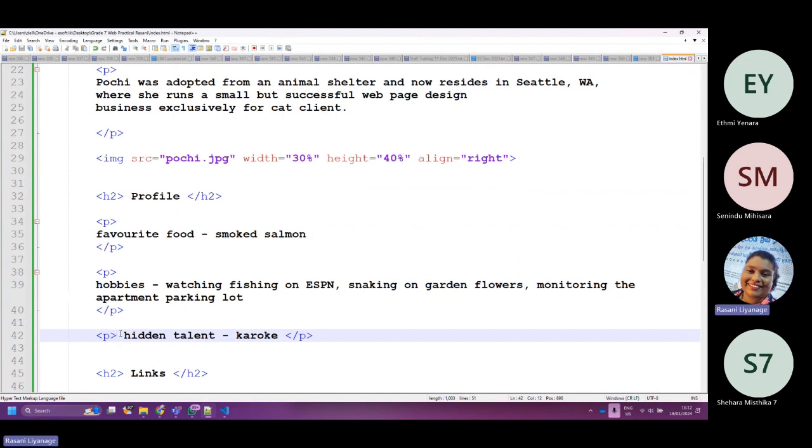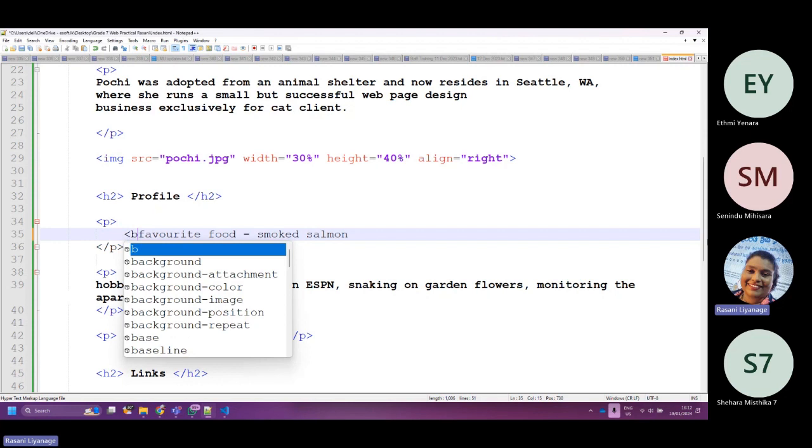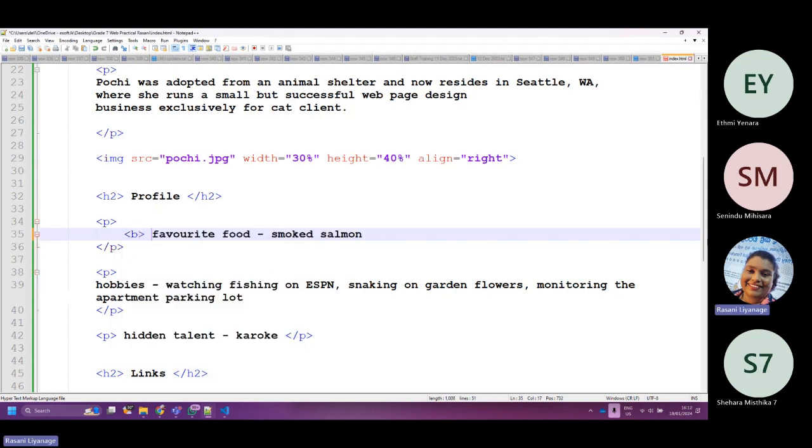The tag for bold is B. So make sure you surround just those words, favorite food, with it, not smoked salmon.